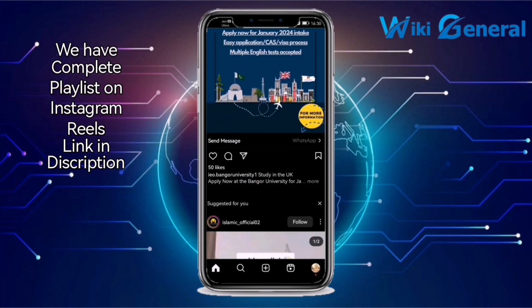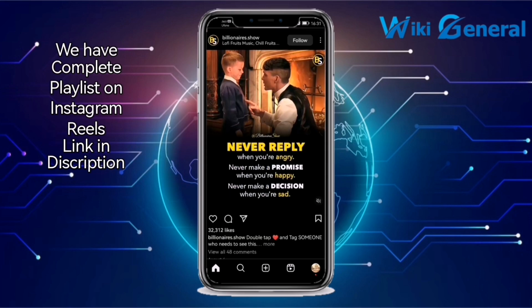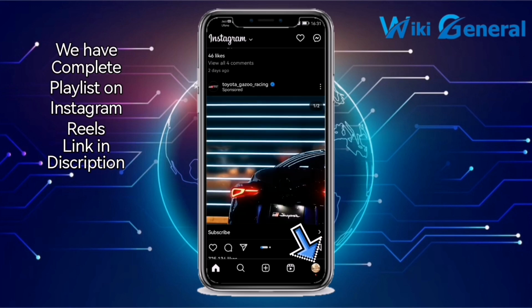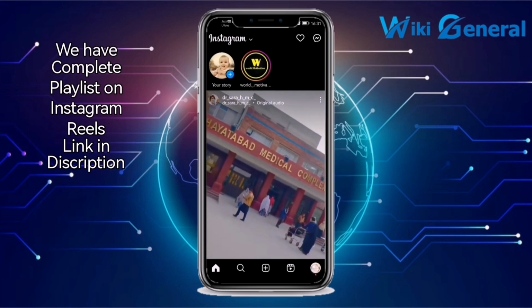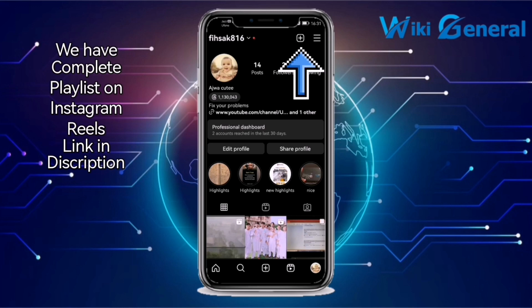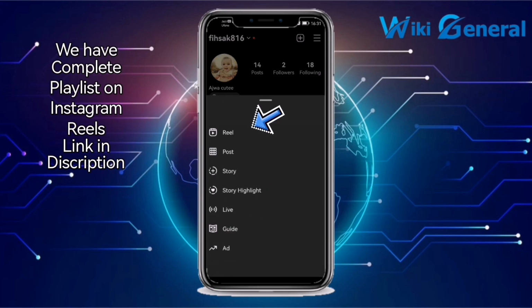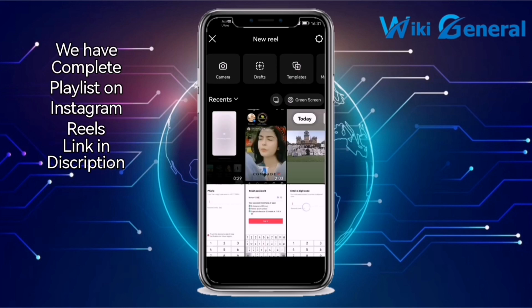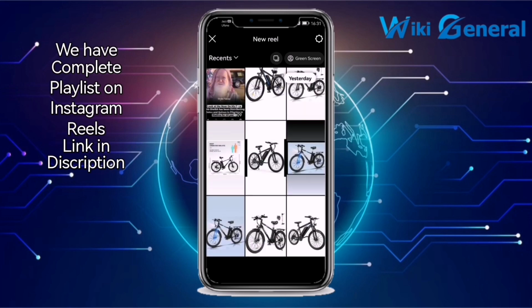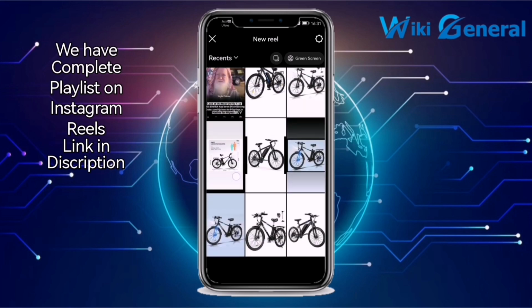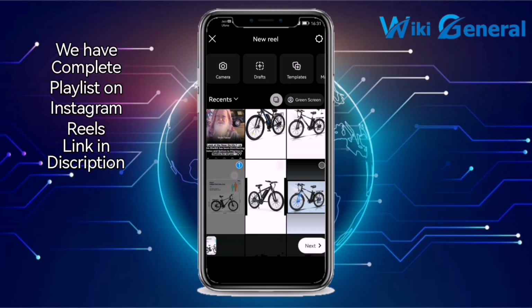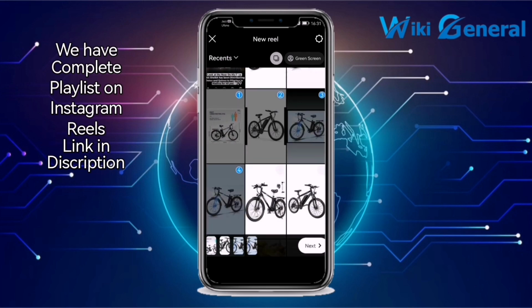Make a reel from photos. First, you have to go to your profile by clicking on the profile icon at the bottom right. Once you click on it, then you have to click on the plus icon and then click on the reels. So now it allows you to select any of the photos from your gallery. Let me select this. There's 1, 2, 3, and 4. So these are the 4 photos which I selected. Then click on the next,